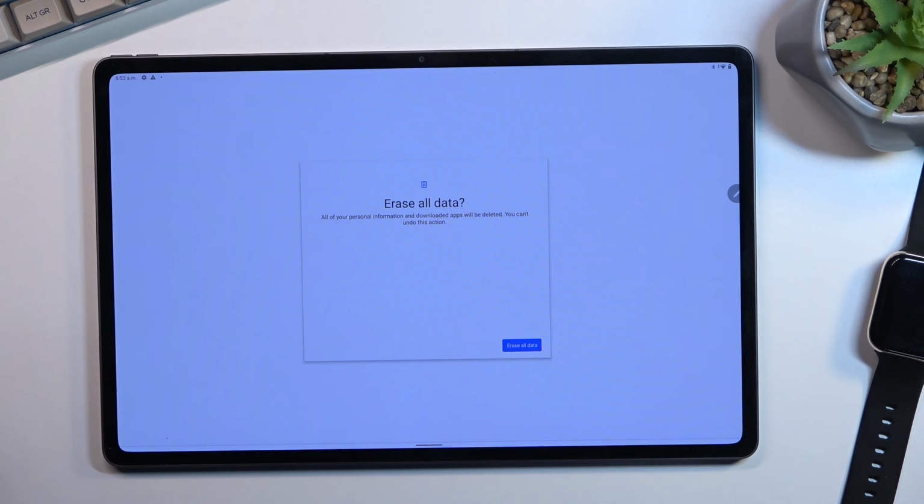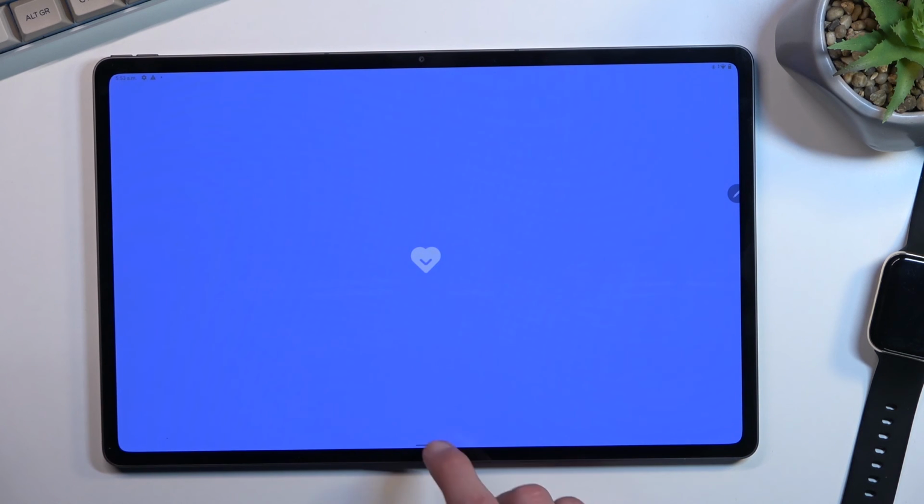So there we go. So that is how you bypass the Google verification on this